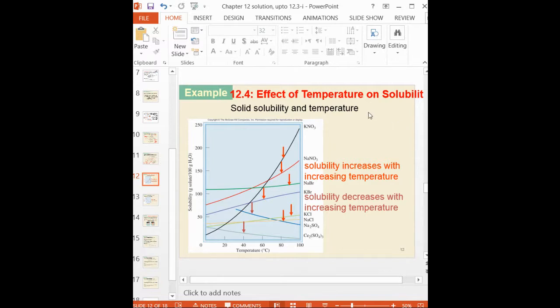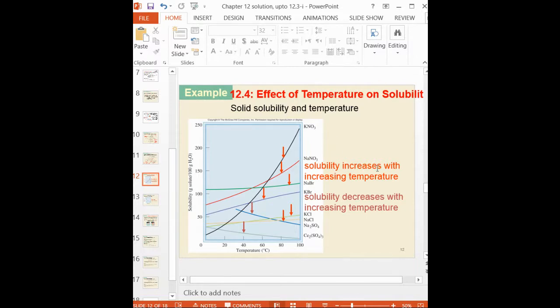Does it increase the space, covering more space, or does it become less space, less volume? If you heat anything, it will cover more space, so it expands. It means the molecules get the energy, get the heat, and expand, right? But here it is a different thing. For the temperature effect, any solute you dissolve in water, as I told you, whether a saturated, unsaturated, or supersaturated solution, once you heat it, then it becomes soluble.